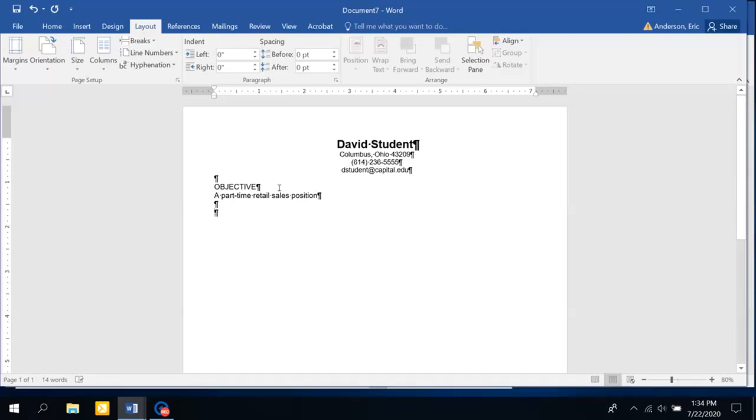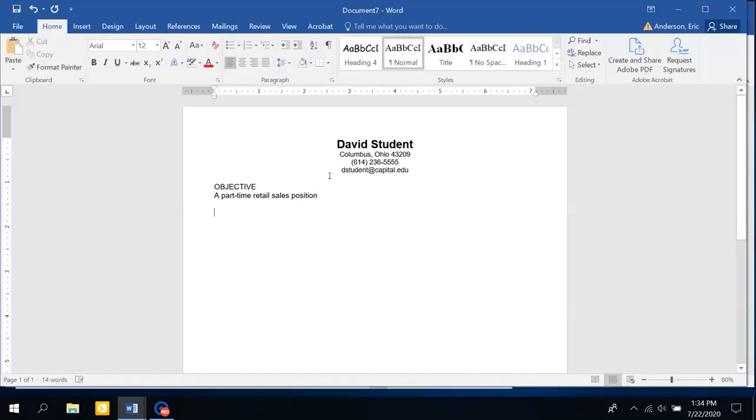And I'm going to show you, at this point I'm going to go back to the home tab and click off the formatting paragraph marks. There are a couple ways of formatting the text under the section title. So objective is called a section title, and this is what I'm talking about when I'm talking about the text. And one way to handle that would simply be to put that maybe next to the objective,